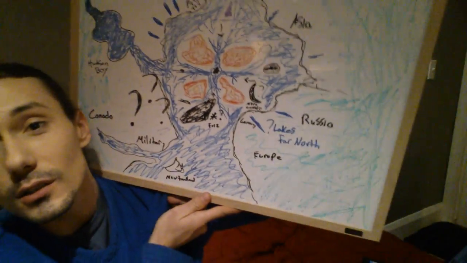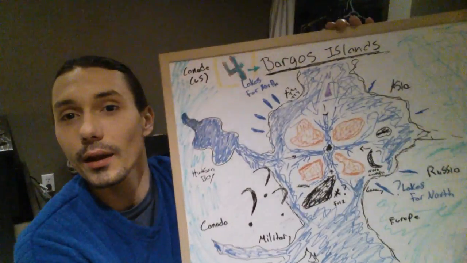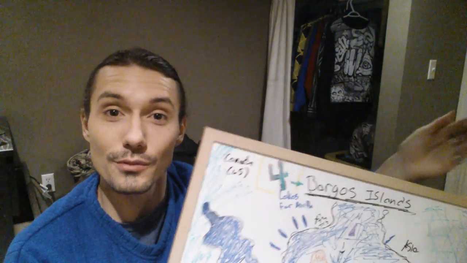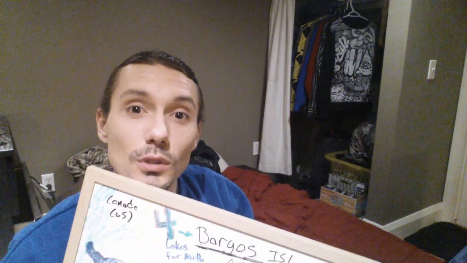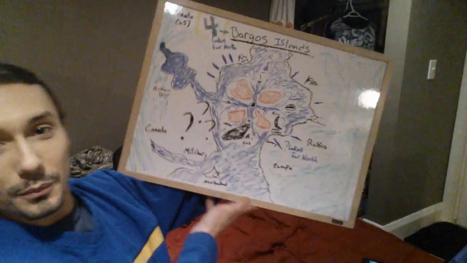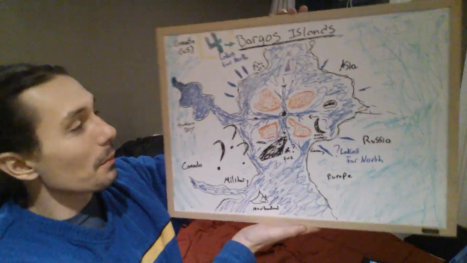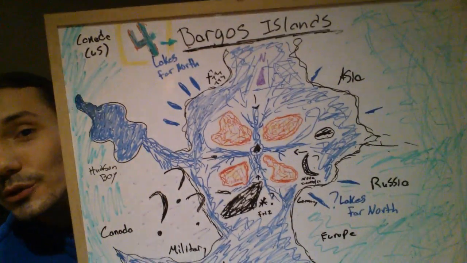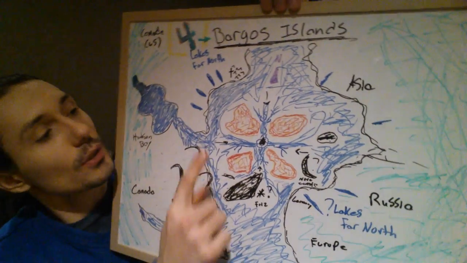So yeah, here's a little drawing I came up with, and I've been studying a lot of ancient maps from the past, and even the Fool's Map. If you type in the Fool's Map on Google, you can find that. It's a map that I actually have on my wall, and it's about as big as this actually. It's a fairly big picture. Actually, it's bigger, but this is the little doodle I made, and those are the 4 Bargos Islands you can see here.